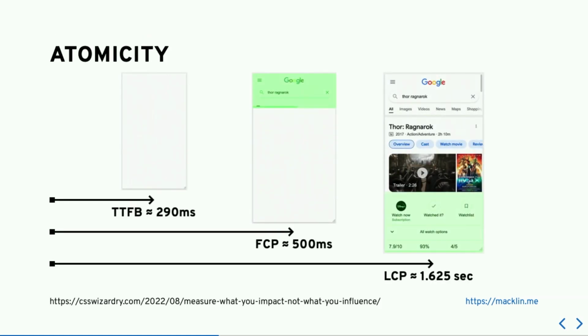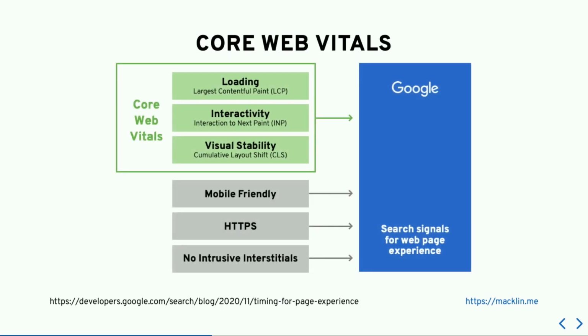I wanted to clarify something as well. I think I mentioned it before, but the time to first byte, first contentful paint and largest contentful paint metrics are atomic. So your time to first byte is always going to be a smaller number than first contentful paint and largest contentful paint because they're tracked as the page loads. So looking at that, only 3 of those core web vitals, those 3 user-centric metrics, are in here, but largest contentful paint actually includes first contentful paint and time to first byte. So it's important to track all of those 3.